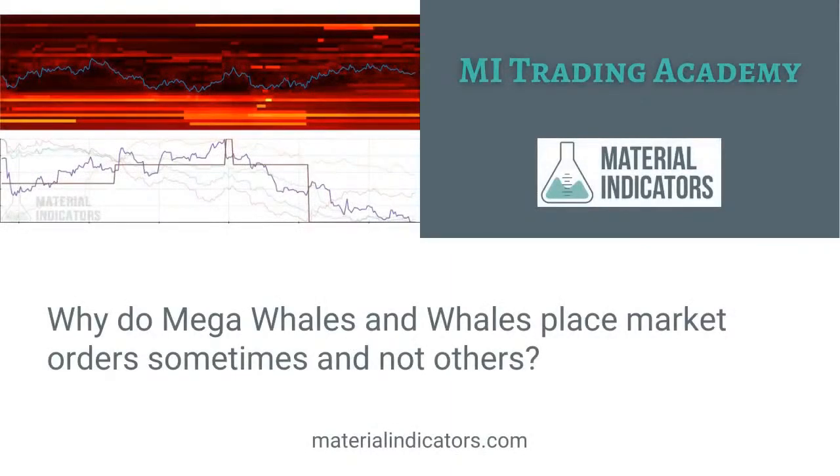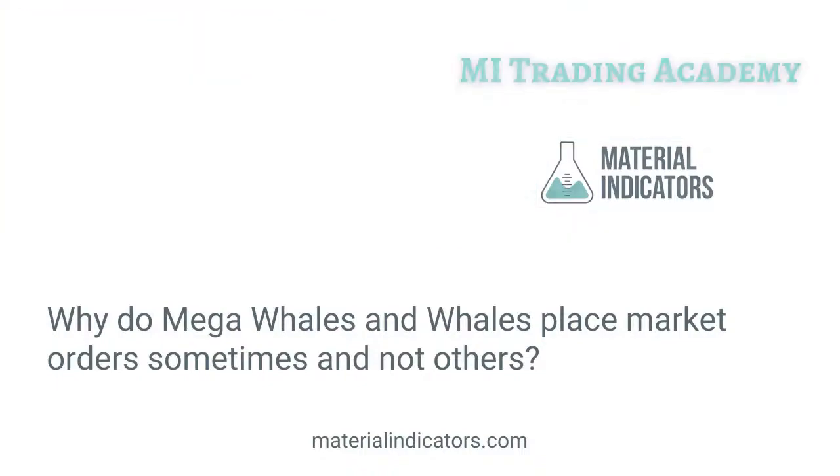Now, and again, we'll look at a live chart here in a second, but you'll notice a divergence sometimes and quite frequently between what brown mega whales are doing and what purple whales are doing and what those yellow bots are doing. And again, remember, purple dominates the price class. At least they have so far with Bitcoin. Not the case with every coin. You look at some shit coins and you'll never see a mega whale, just because they don't trade those illiquid, low liquidity coins nearly as much. So let's